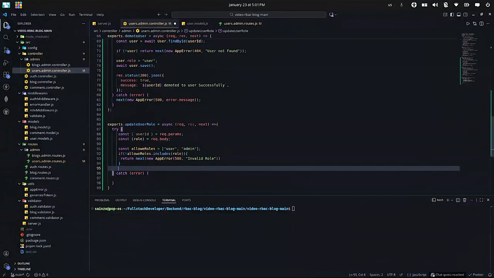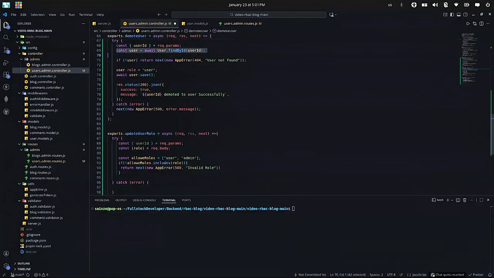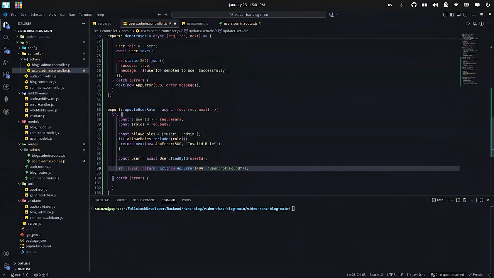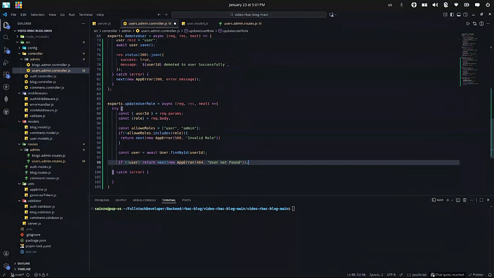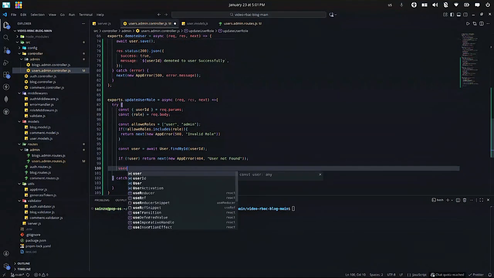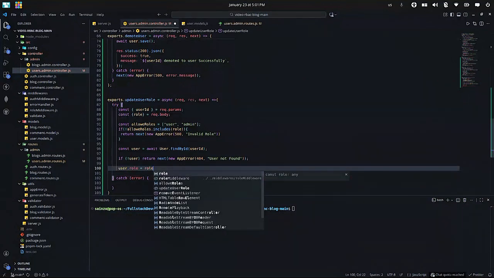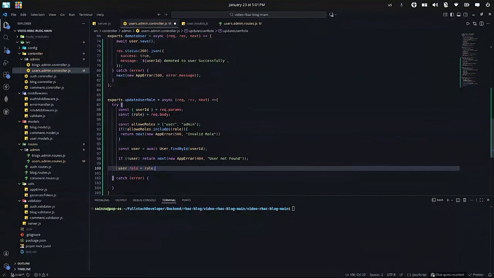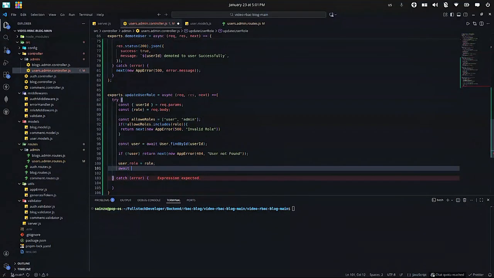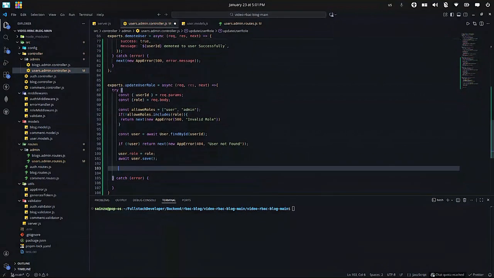And after that, all the things are the same. We have to check if the user is in the database or not using that user id, and after that we have to set user.role equal to the role we have received from the request body, and simply await user.save. That's it, that's what we have to do. After that we have to send the response message: response.status, it should be 200, and .json,